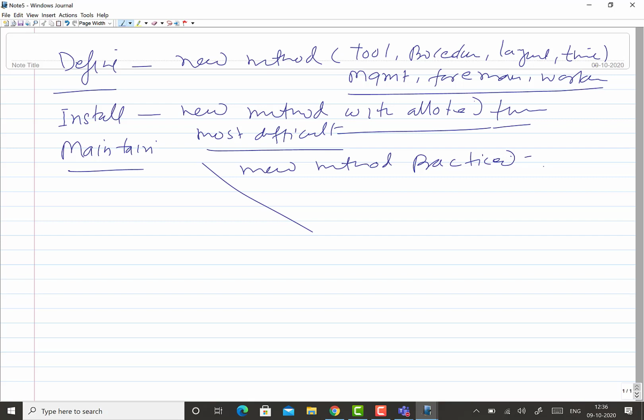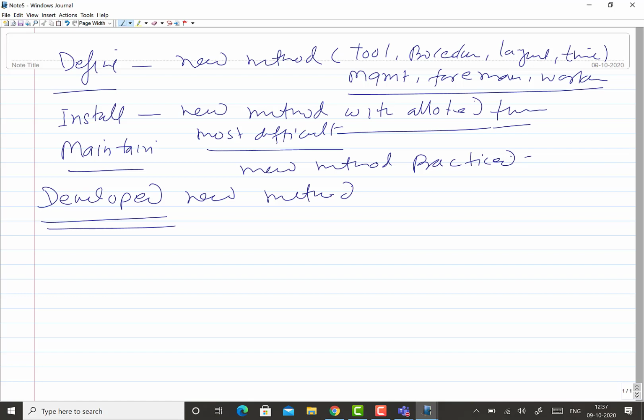so that the newly developed method is actually practiced for realizing the benefit. Now there are many difficulties. It is not that easy to get all these things done. Say you have developed the new method after the recording techniques, critical examination and development. Now people have to be convinced; whosoever is involved needs to be convinced for implementation of the new method.